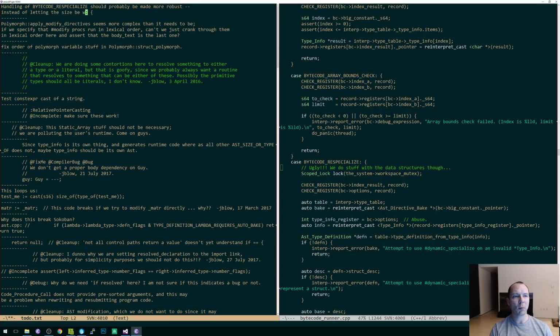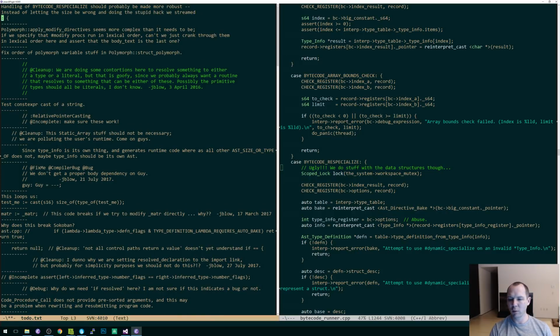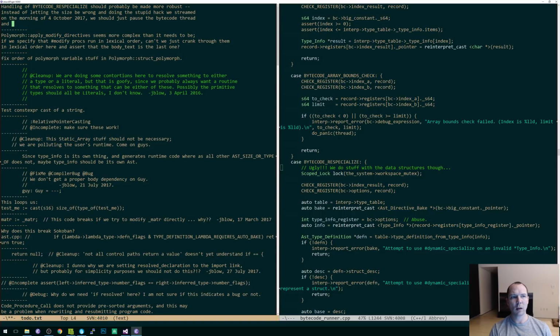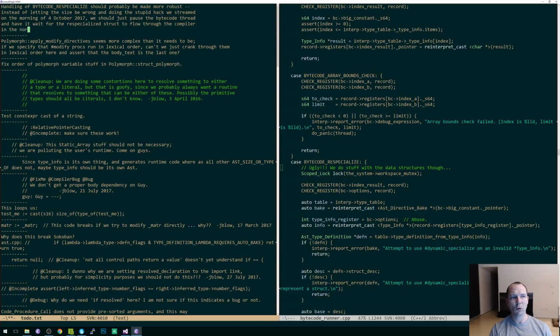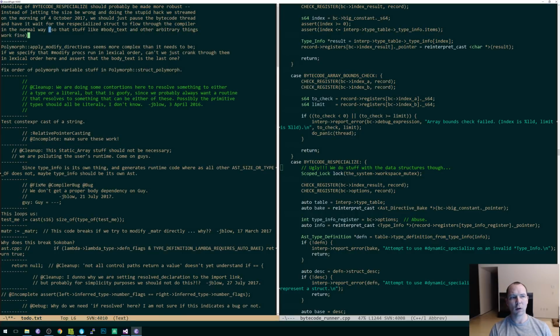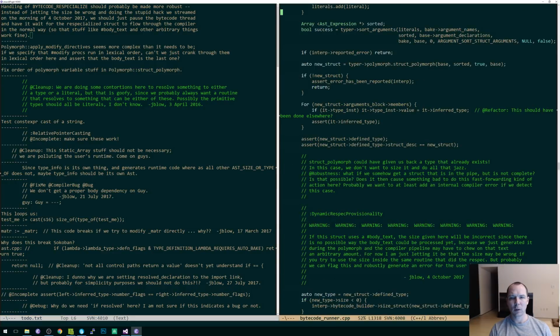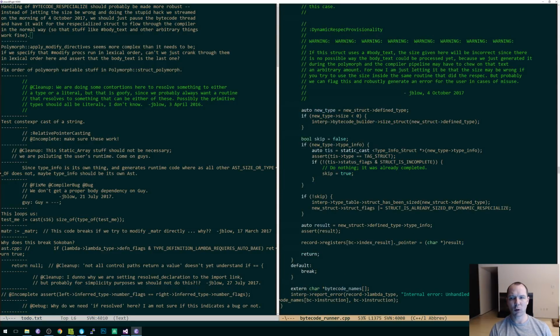Instead of letting the size be wrong and doing the stupid hack we streamed on the morning of 4 October 2017, we should just pause the bytecode thread and have it wait for the respecialized struct to flow through the compiler in the normal way, so that stuff like body text and other arbitrary routines work fine. This is a relatively big change,